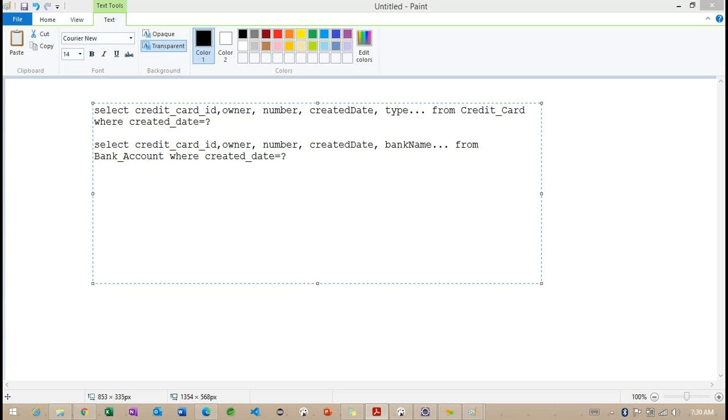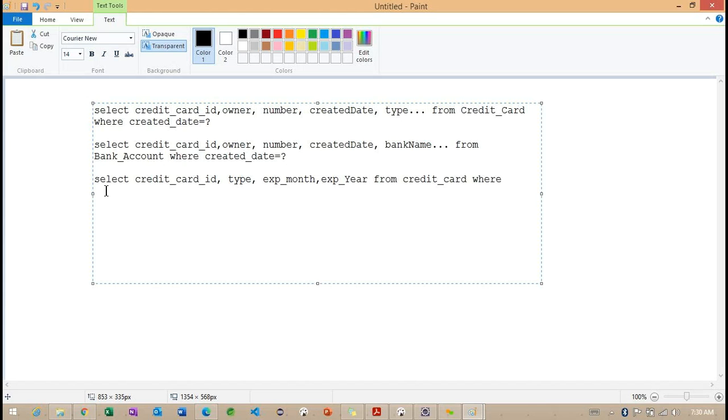Now, if I'm going to work with only the specific credit card information, what we are going to provide? So again, we need to write the select query like this here. So these are the specific columns for the credit card here: credit card and type, expire month and expire year from credit card, and where created date.